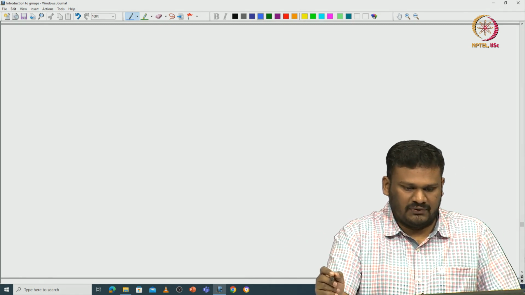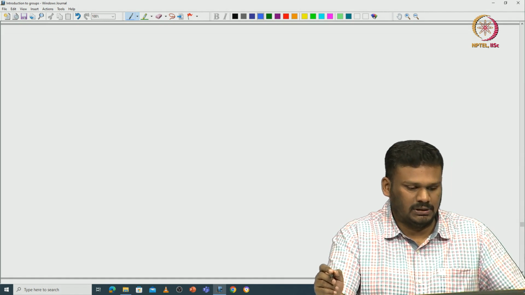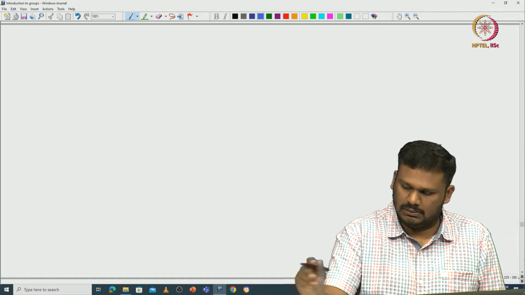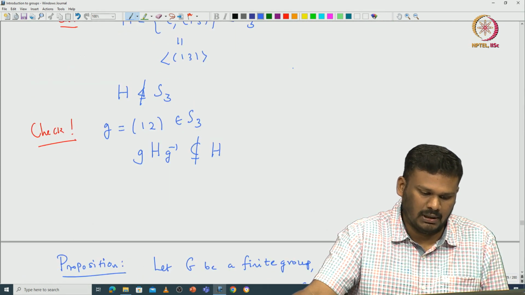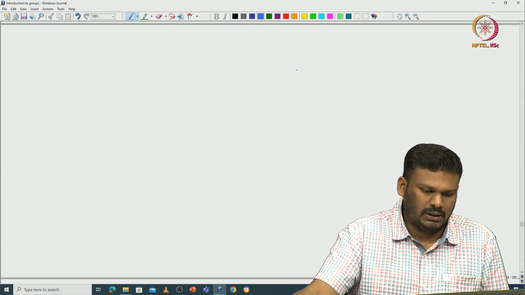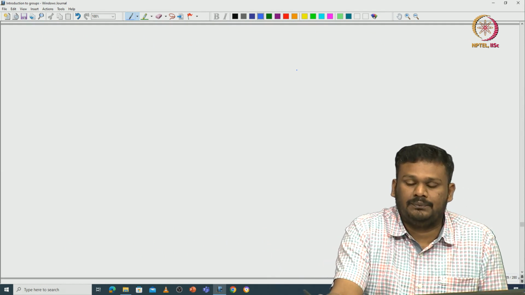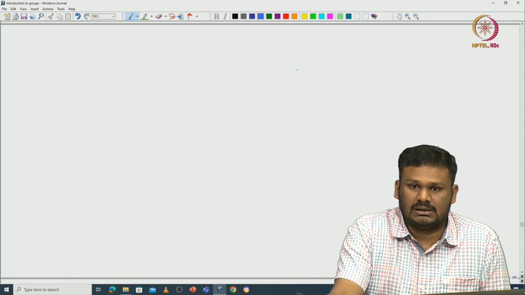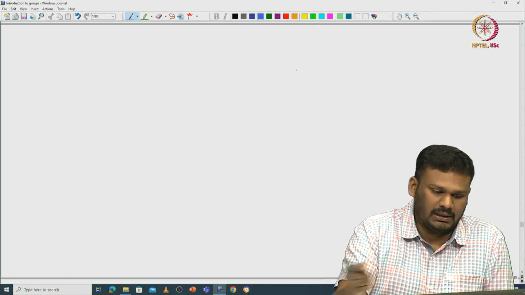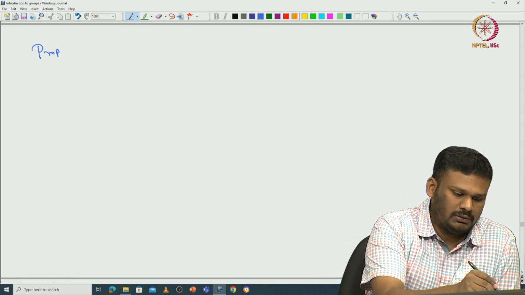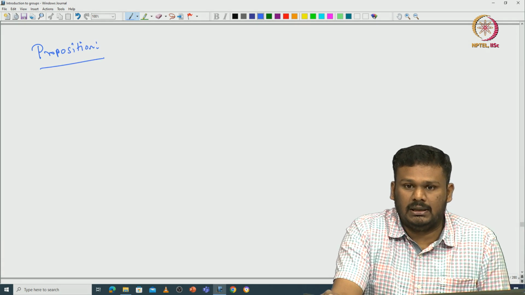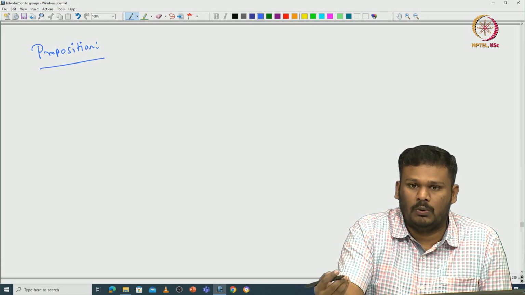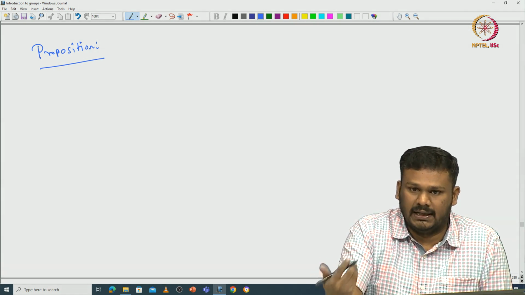So we have seen some normal subgroups, as well as some subgroups not being normal. Now the notion of normality is carried over when you take intersection of subgroups. That is something very clear, so let me write it as a proposition. This proposition in particular allows us to talk about the normal subgroup generated by some subset of capital G.